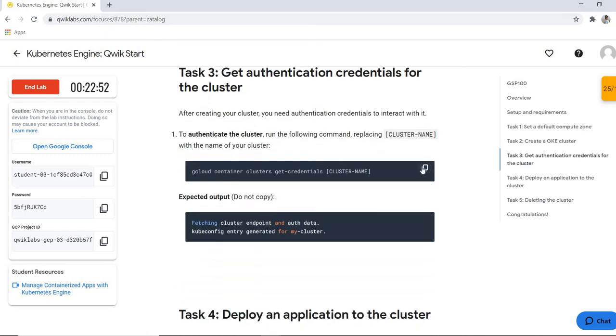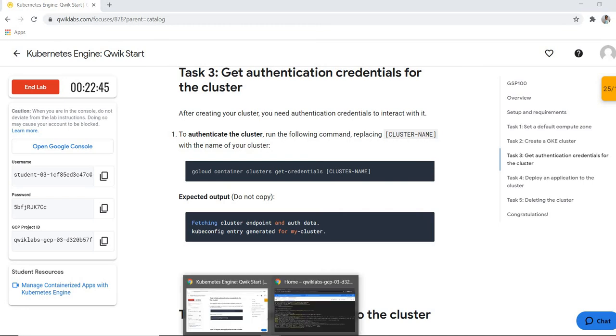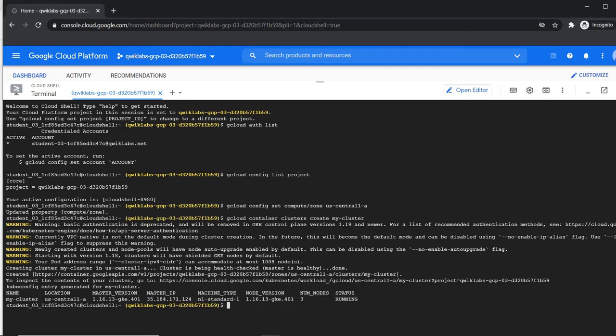Let's move further. This command is used to check whether the authentication keys are authenticated or not. I'm replacing the cluster name with mine. In Cloud Shell, when you select something, it is already copied, so you just have to paste.